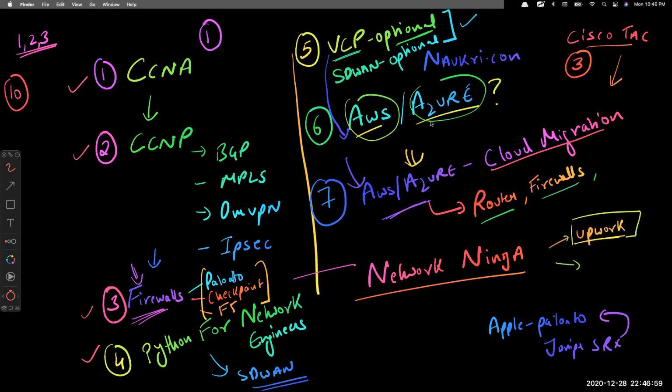So if you want to learn Azure, there is no use of directly learning Azure. It's better to always learn network fundamentals. And what is the best way to learn Azure? Because Azure is Microsoft oriented, there is a course named MCSA. So you can directly go with MCSA and Azure also if you want to become a system engineer. This career guidance I'm giving for Network Ninja. Maybe after 6 months I will do some changes, but for at least the next 5, 6 years, this is the best thing.